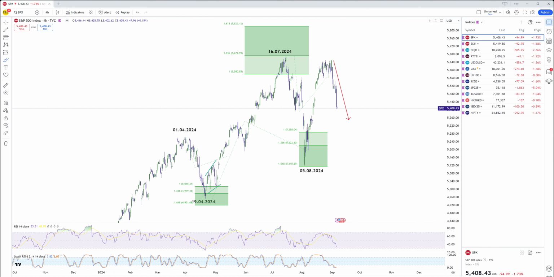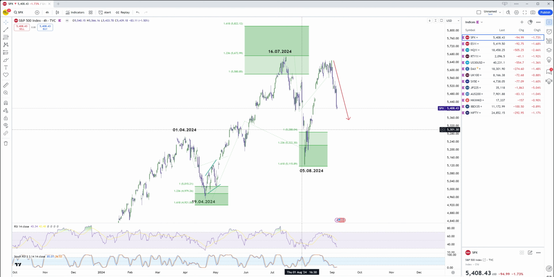But overall, we cannot deny the possibility that we do something like this and we break lower again before we consolidate. So the S&P 500 is not a clear structure at the moment. As we have explained before, this was a clear move, but now we are entering some volatile market conditions, with a lot of possible moves in this scenario. So we would rather avoid trading the S&P 500 or in general most of the indices for the next couple of weeks.